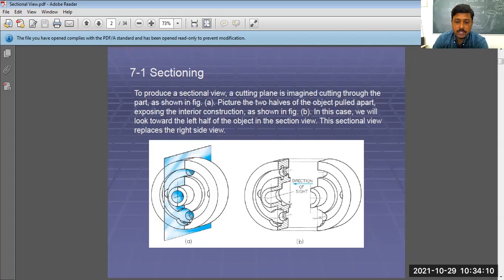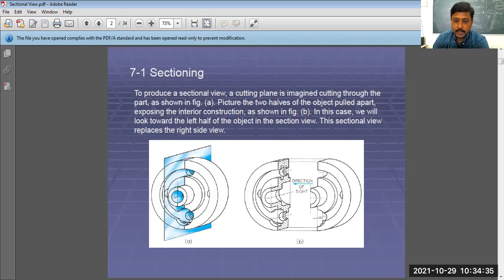We have to imagine that these two separate parts are separated from the same component, and in that case we get this part which is exposed, and the construction inside the object that is difficult to show with the regular orthographic view is exposed.